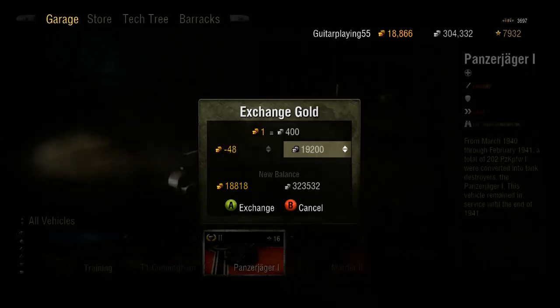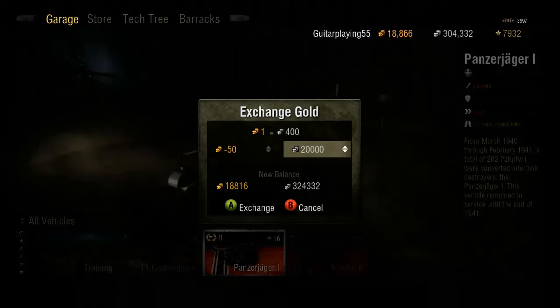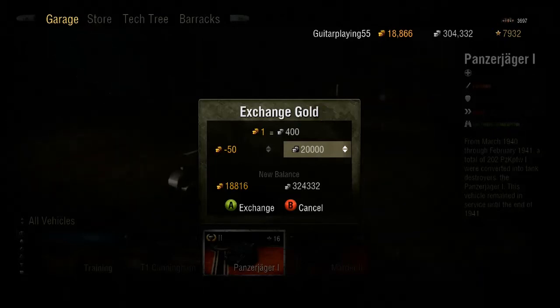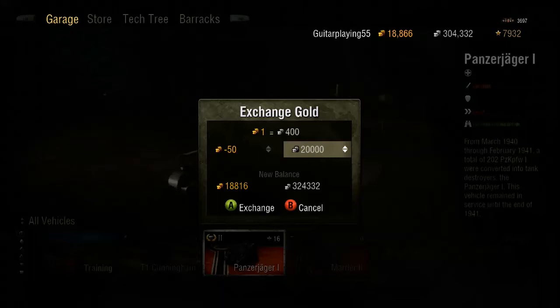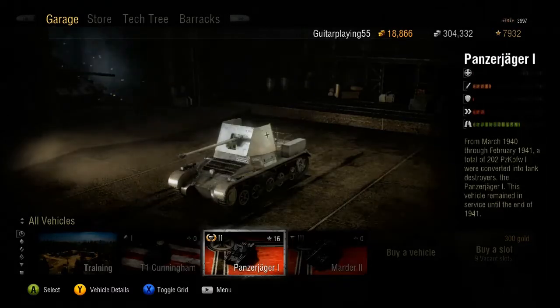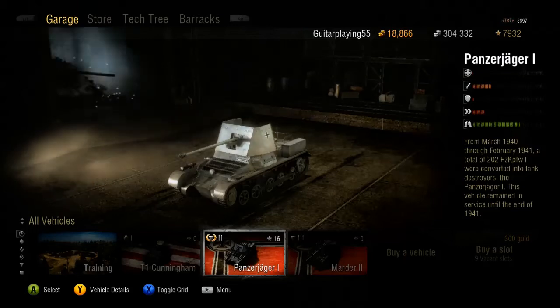Let's get it up there so y'all can see. 20,000 is 50 gold. They automatically give you 20,000 to start out with. Do that a couple times. I did it until I got about 2,000 something. I've gained about 100,000 on my own, but it's good to be able to use that to buy your tanks and this and that, and not have to keep playing in battles and stuff like that if you already know